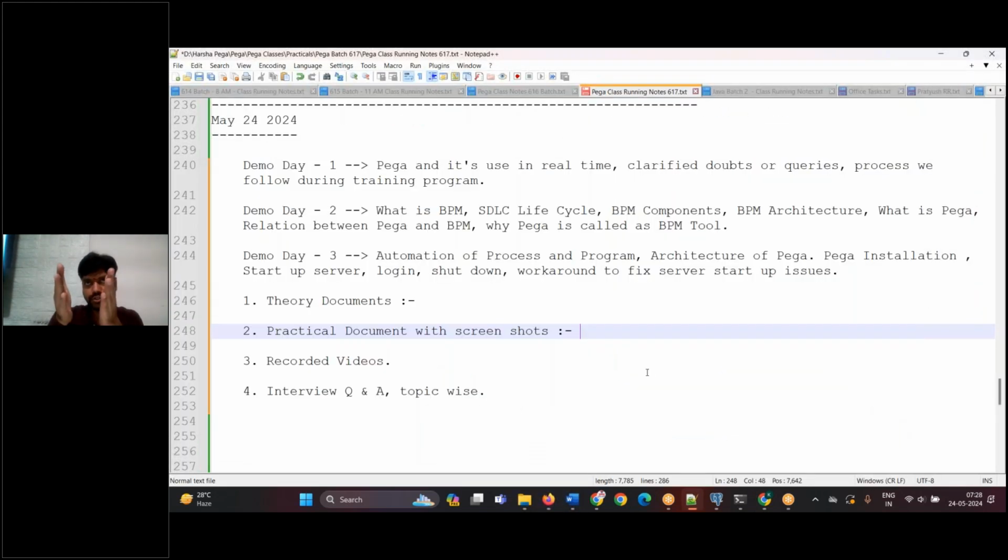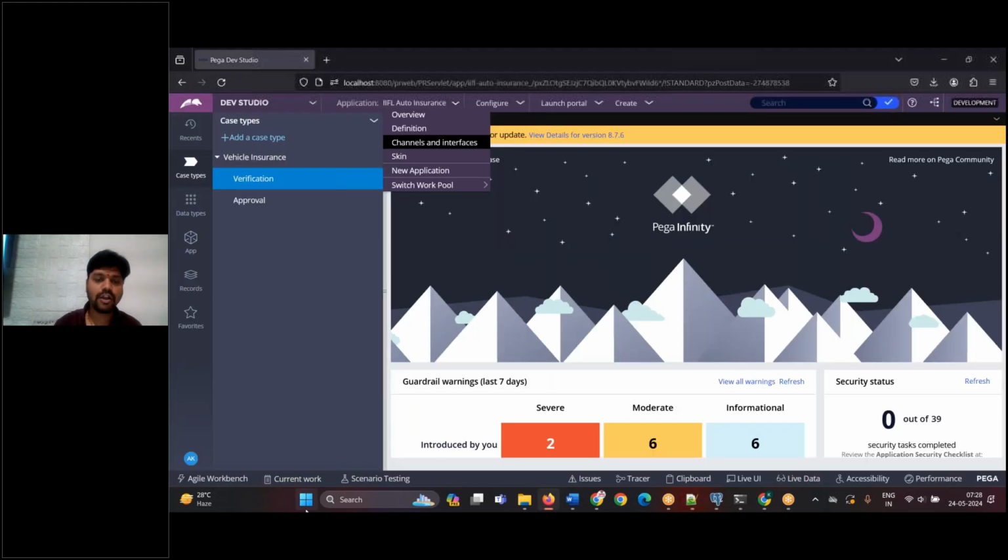This is how you should start doing practice. Here and there you refer to the document, no problem. Once you are done with the practice and you got the output result, you log off from this application, whatever you have created. Create one more application for additional practice. Do the same practical task in the second application. That time you don't have to open the document. You should have a somewhat clear idea, right? Now do it without opening the document. You will be able to do it.